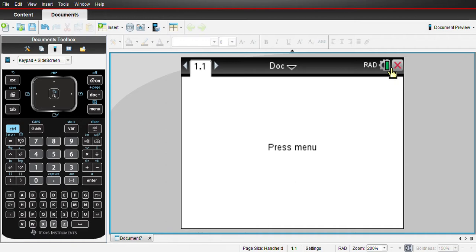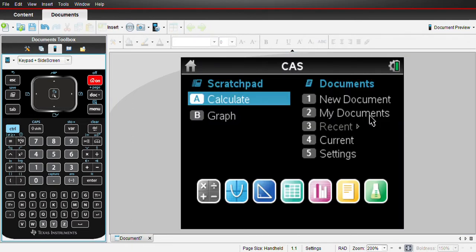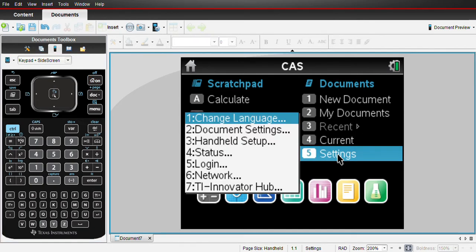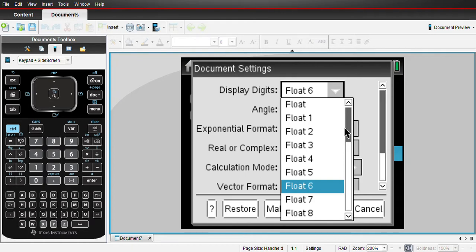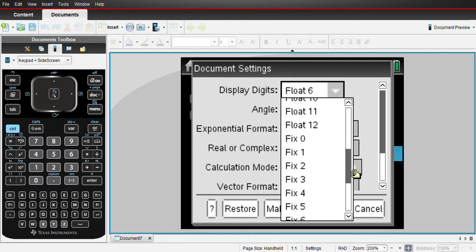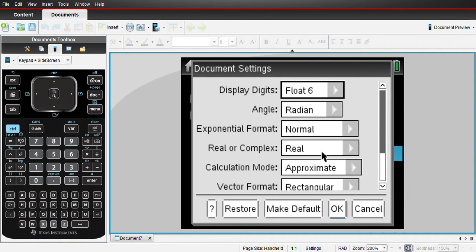So just starting off, one of the things that we like to do is just start from the home screen, as you can see here, home screen, and I always like to just check some of the settings. So if I press 5, then 2, what I always like to do is be in float 6, unless we're doing something in monetary values, financial maths, then perhaps we might be in something like fix 2, but predominantly we're in float